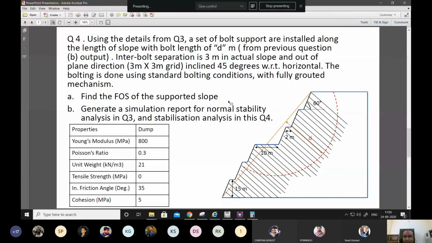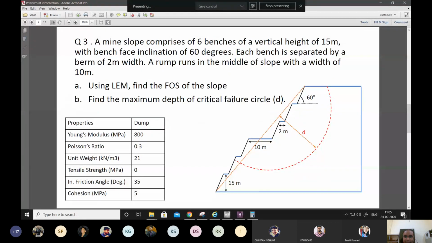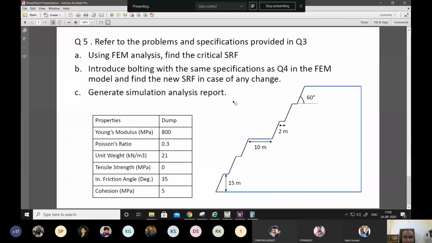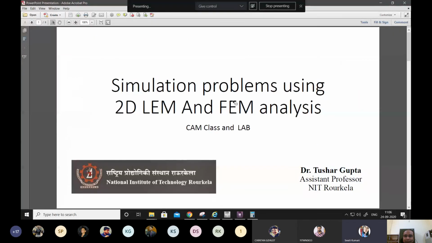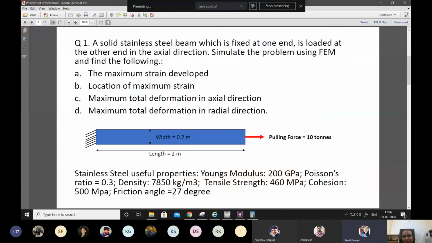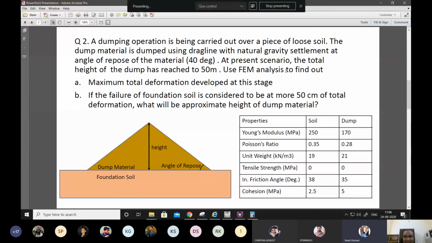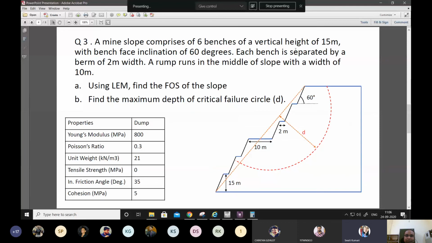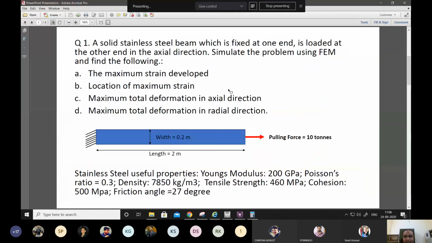Okay. Anyone else tried others? Swati, you tried all of them? No, sir. I started with the LEM because I wanted to finish all, since these three problems were quite related. So I started with the third, fourth, and fifth, and then I'll move to the first. Yeah, that will work fine. The first we have already done now in 3-dimension. I think it will be easier now to do it in 2-dimension and see if any of our results are matching. That will be a fun exercise. Okay, do it. I will give you the updated one.